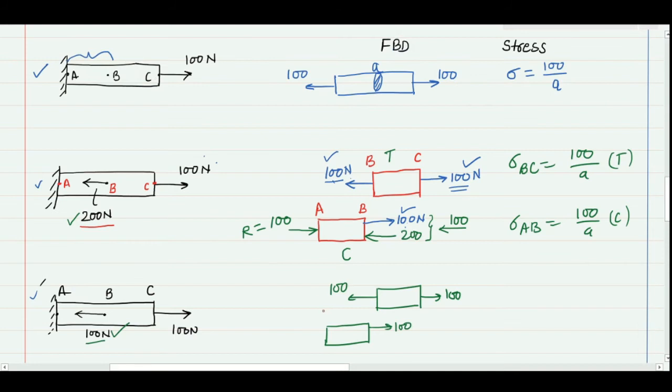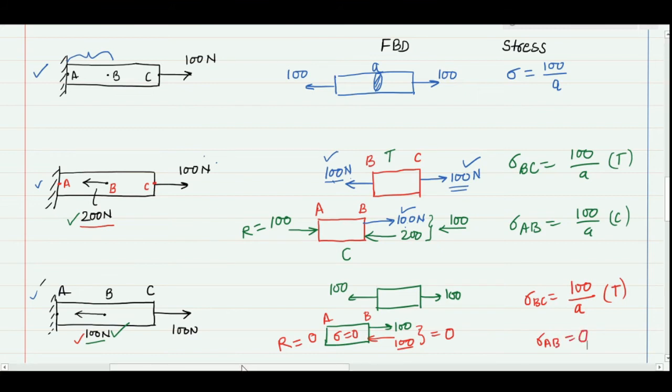So let's put this 100 Newton towards the left side. This is my 100 Newton. Now when I do the algebraic sum, I will get 0 Newton. That means there will not be any reaction from this side. So my reaction will be 0. It indicates that the AB section will not have any force, so the stress here will be 0. However, in this section we can define the stress. Stress in BC will be 100 divided by the cross section area A, and the nature of this is tensile. However, for AB it will be 0.